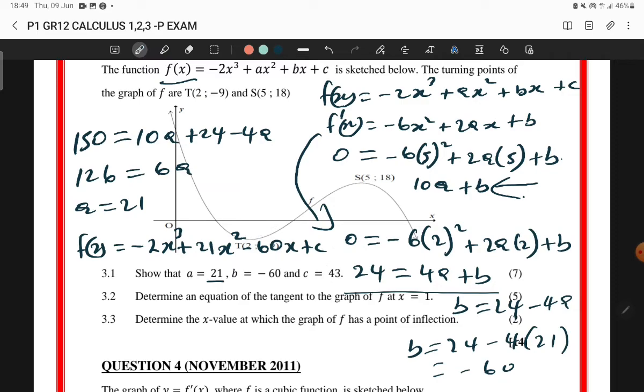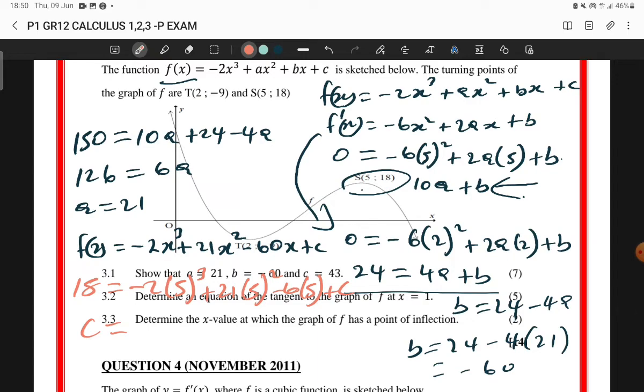So let's just do it together, and let's take the coordinates of s. In the place of f, we put 18 is equal to, in the place of x, we will put 5. Then we have negative 2 times 5 cubed, then plus 21, then times 5 squared, minus 60 times 5, then plus c. Then solving, we have 18